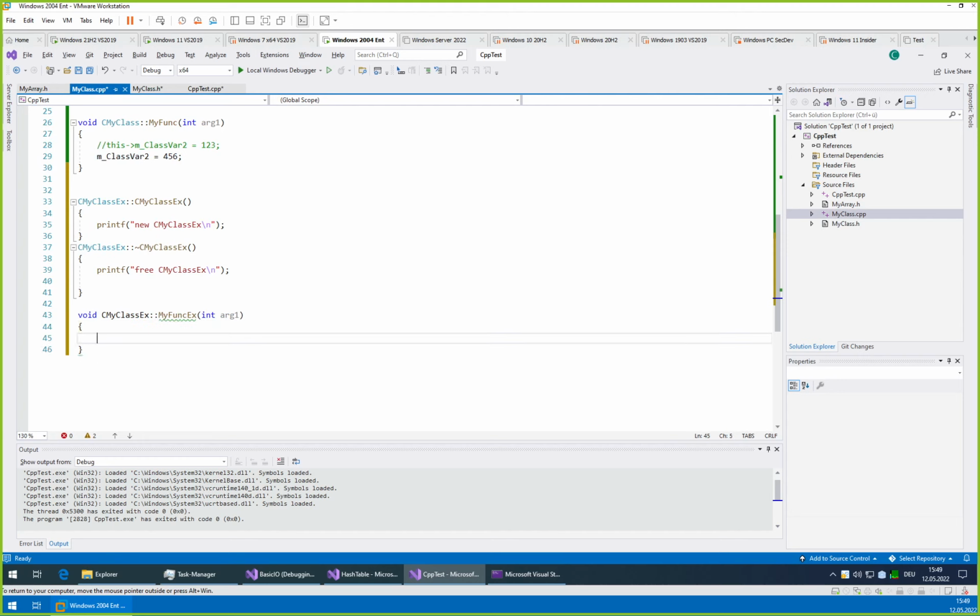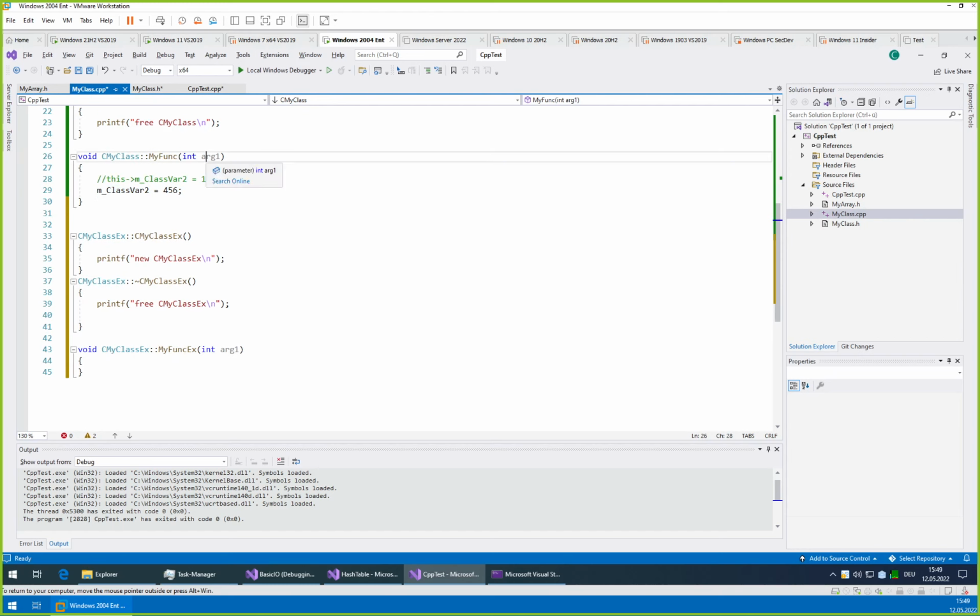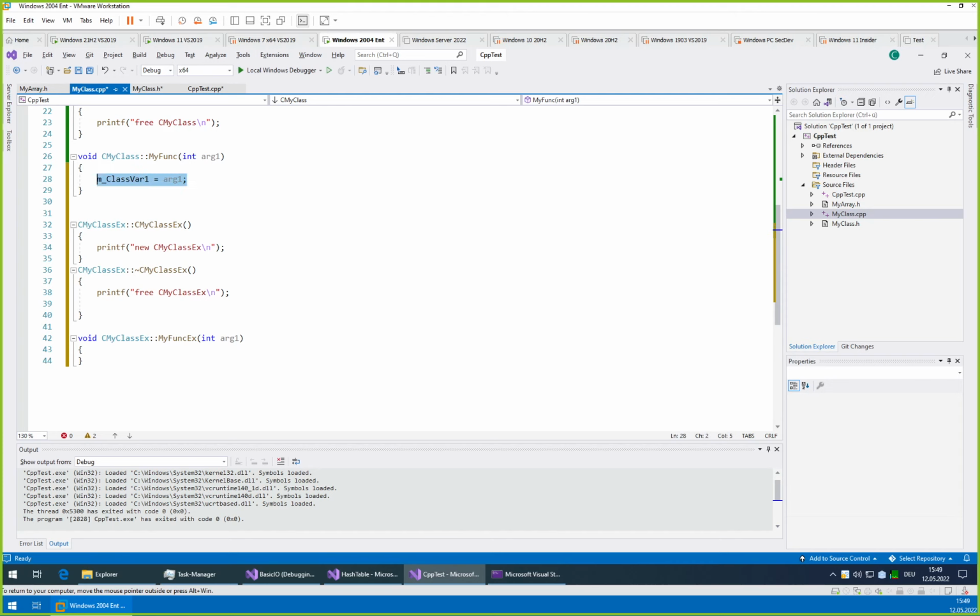In myClassX, myfuncx, and since this was far2, we could make the first one override the first variable, and our function here override the second one. So you see we cannot access it.